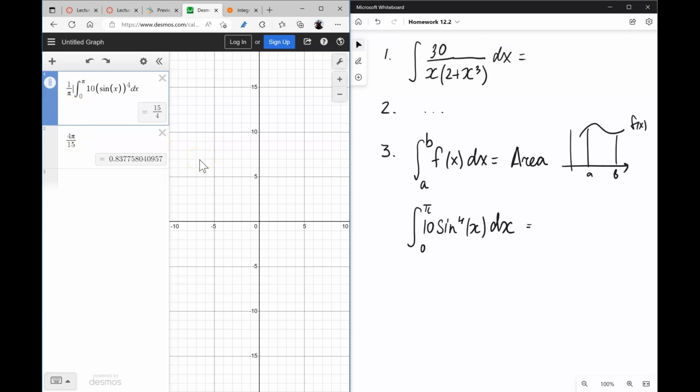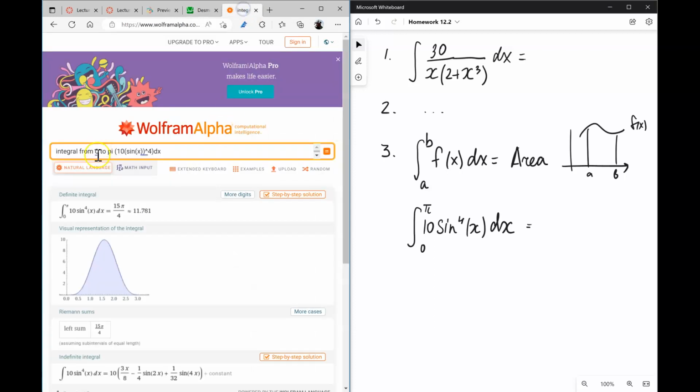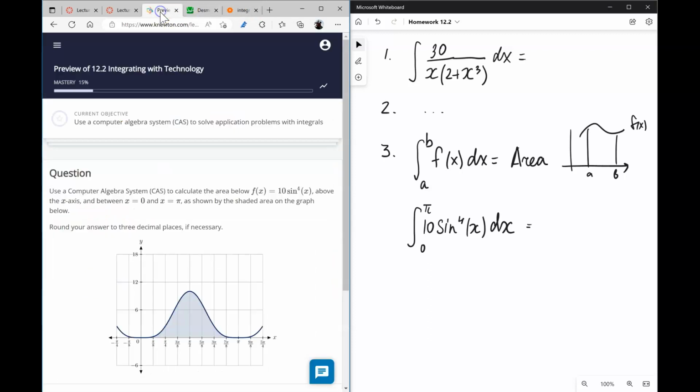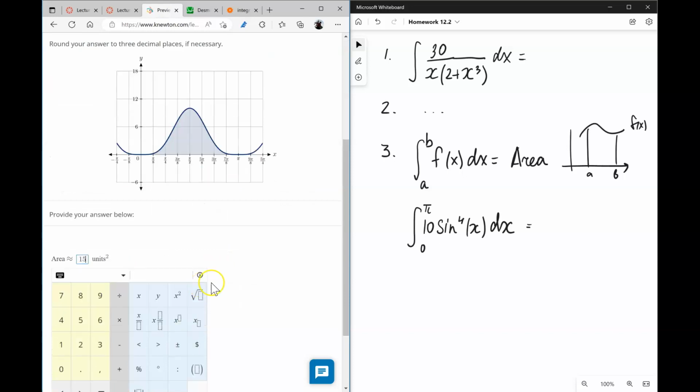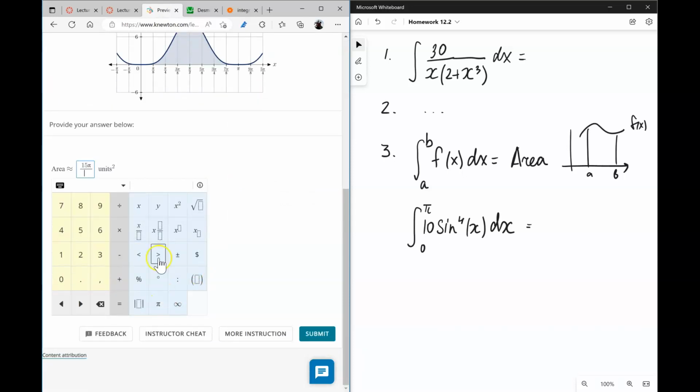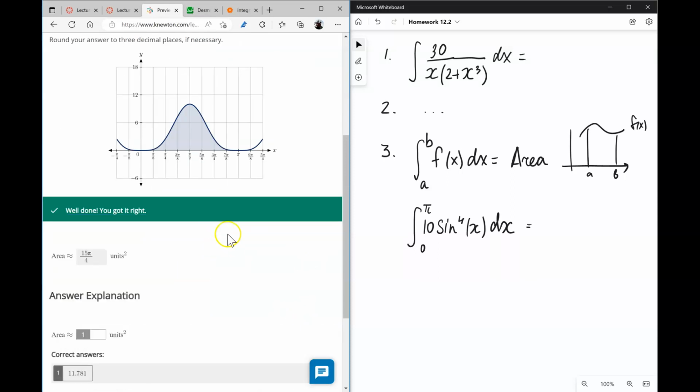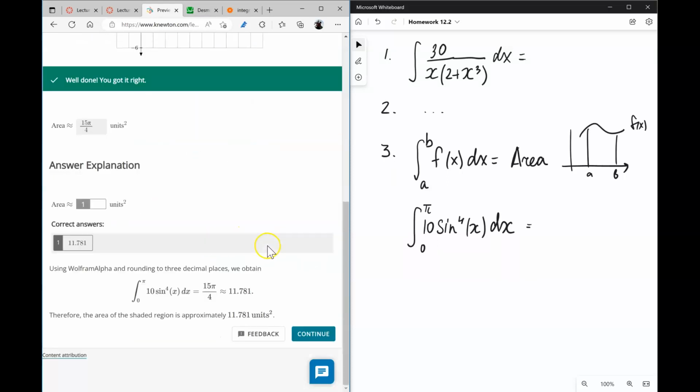So 15 fourths... Oh yeah, I flipped it. 15 pi over 4 is the answer, which is what we got here. Either way is what we're going to type here. 15 pi over 4. So you can definitely check and double check your result before you put it in